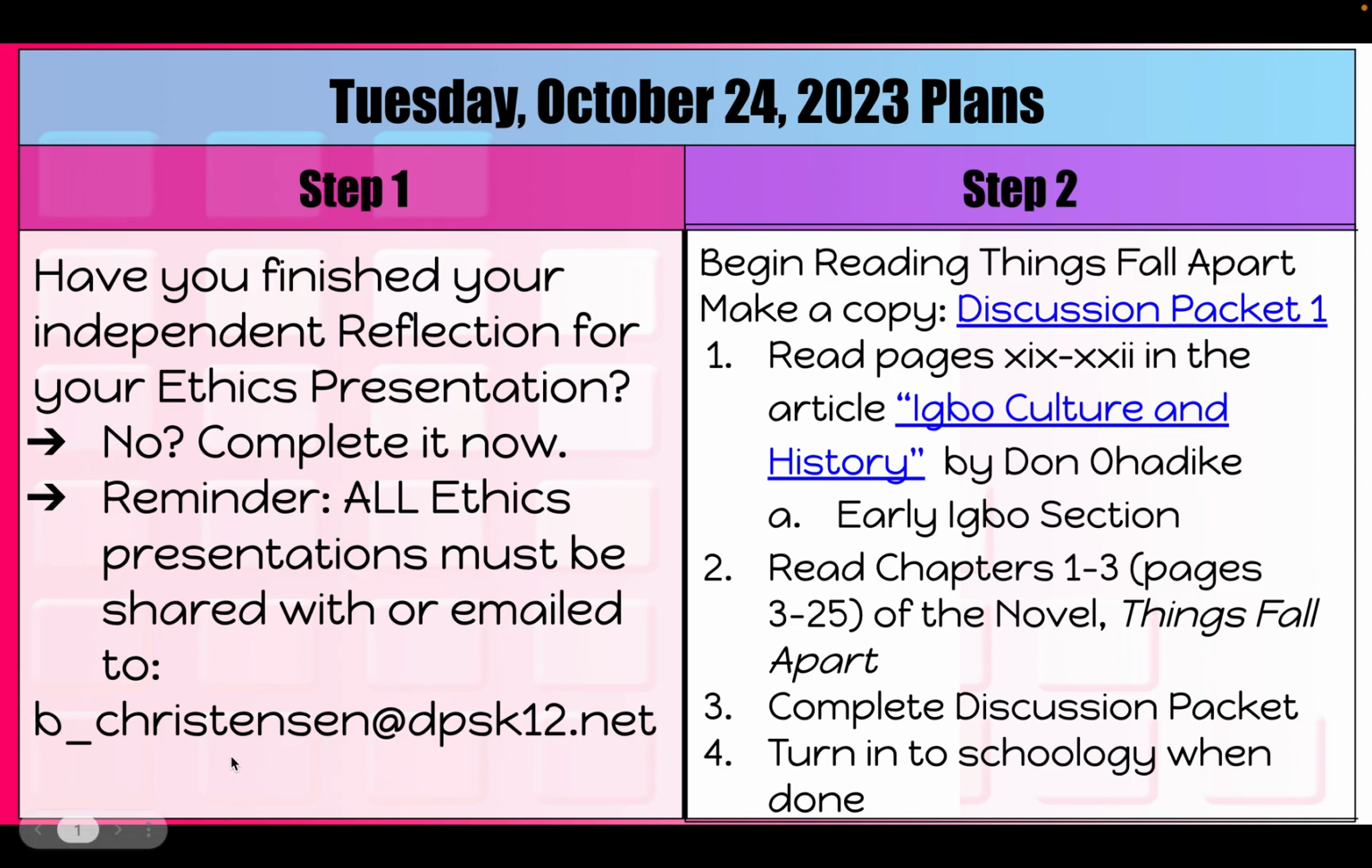And the reason for using the B. Christensen email is because Canva doesn't like the Billy Joe Bear email. It only likes the B. Christensen email. So just everybody use that one to email or share your presentations with me. All right, that's that. So once you're done with that, then you're going to move on to starting our new